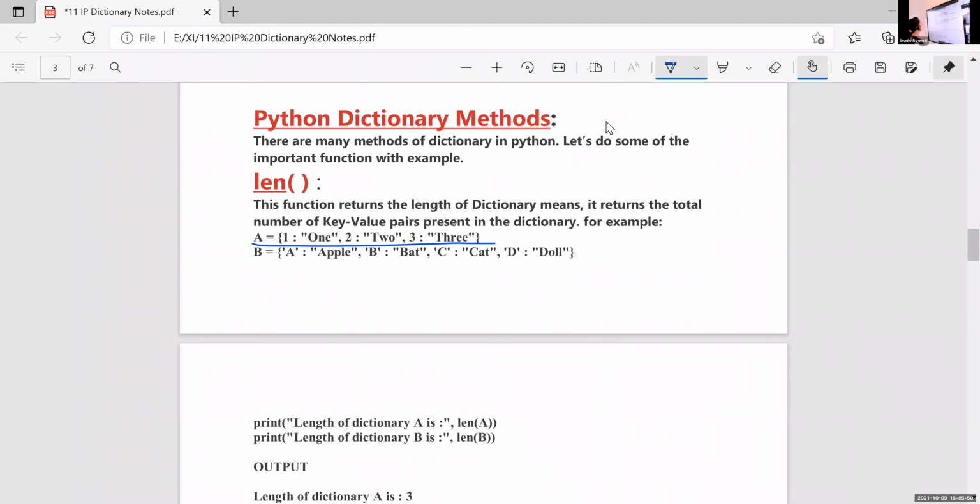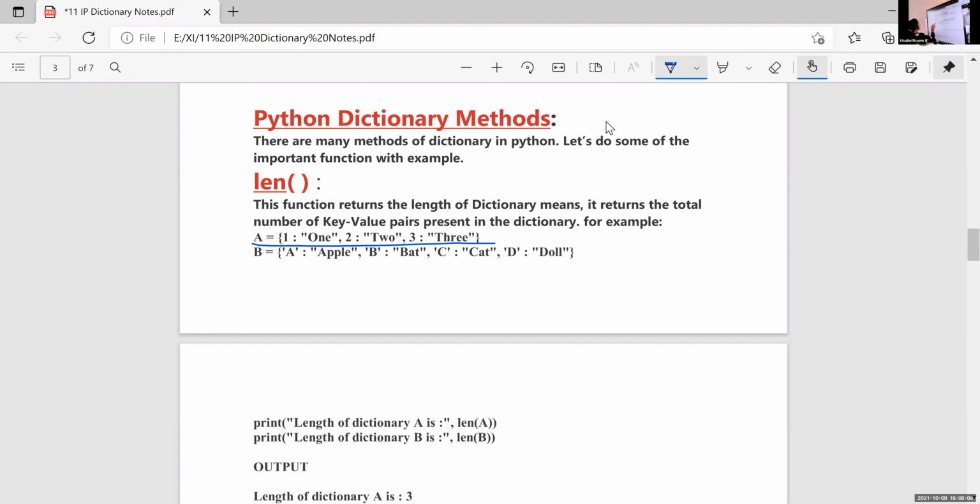Okay, Rahul. Yes, ma'am. What is the len of A? One, two, three. 3. Okay, it is not 1, 2, 3, it is 3.